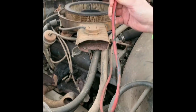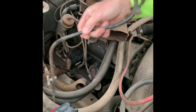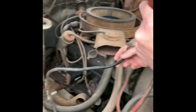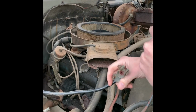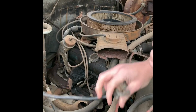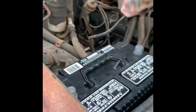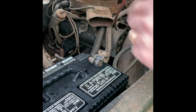Red is usually positive, right? Mm-hmm. Black is negative or ground. Mm-hmm. In this case, they have black as positive and positive as ground. So we've got to be careful when hooking up to the battery, okay? Because a lot of bad things can happen. So we'll go ahead and hook the positive, which would technically be the negative, and then we'll hook the ground